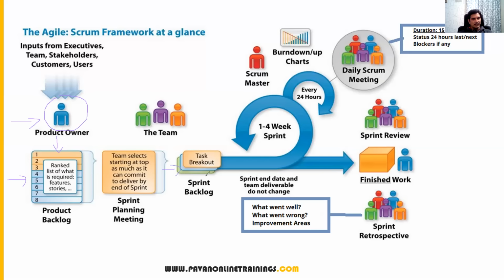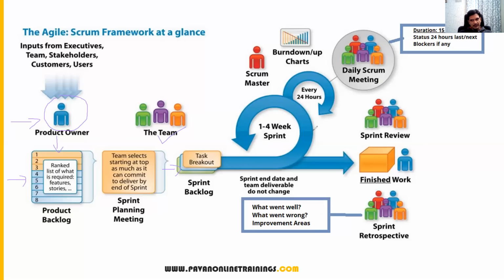What is the sprint backlog here? The sprint backlog is a list of stories which are committed by the team. The team will commit to what stories can be developed and tested for that particular sprint. That is called a sprint backlog. Once the sprint backlog is ready and the sprint is planned, the sprint will start. A sprint is a period of time between 1 to 4 weeks. This is one cycle; one sprint is one iteration, one cycle.